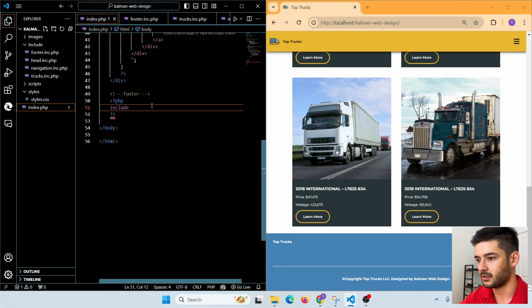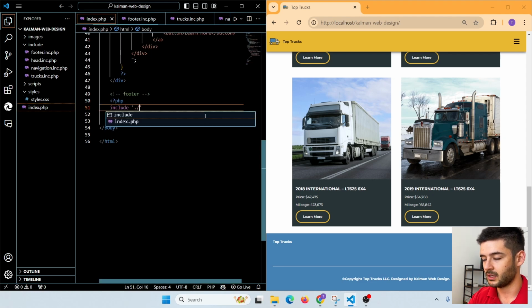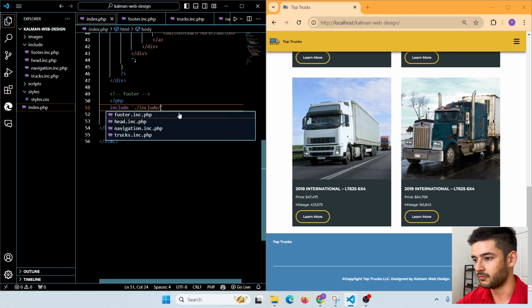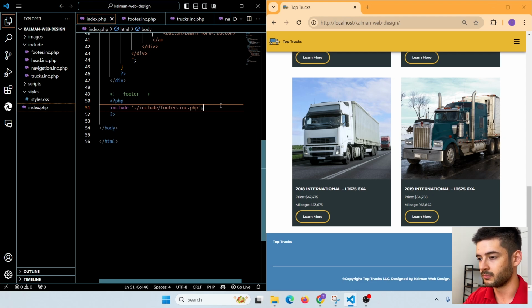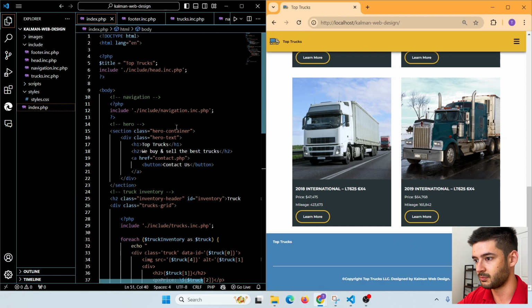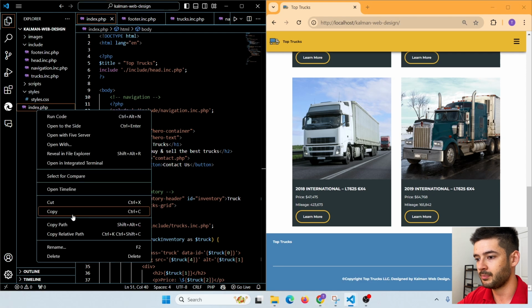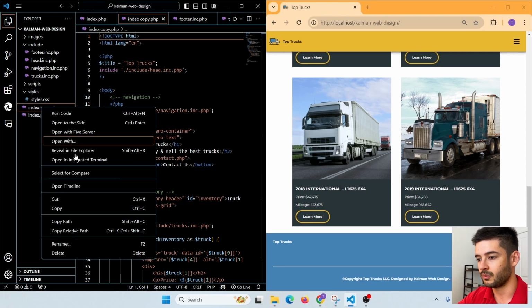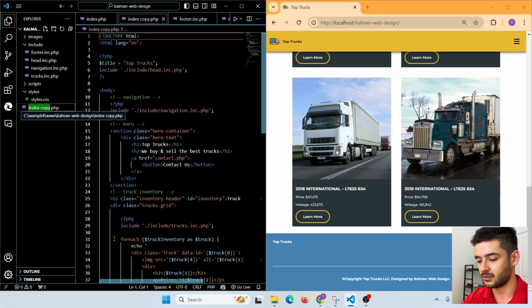Now we can go back to our index.php and successfully get that footer from our include folder, just like so. Now if we refresh, you guys will see that footer still successfully displays. So what we're going to go ahead and do now is copy this index.php page, paste it, and rename this to